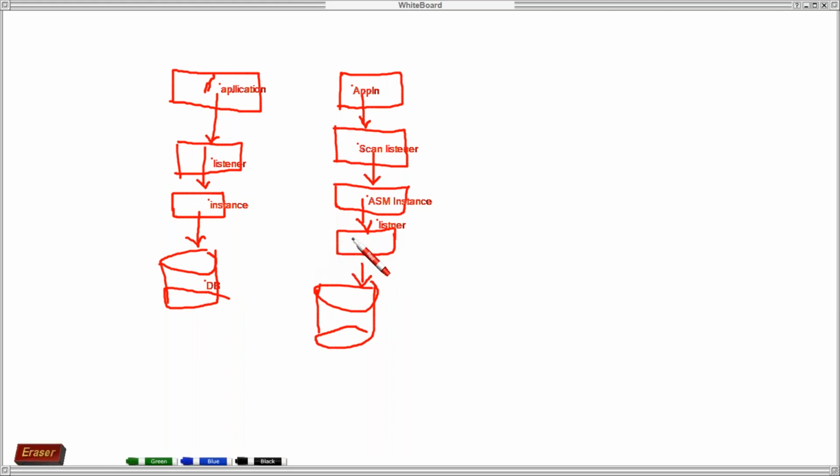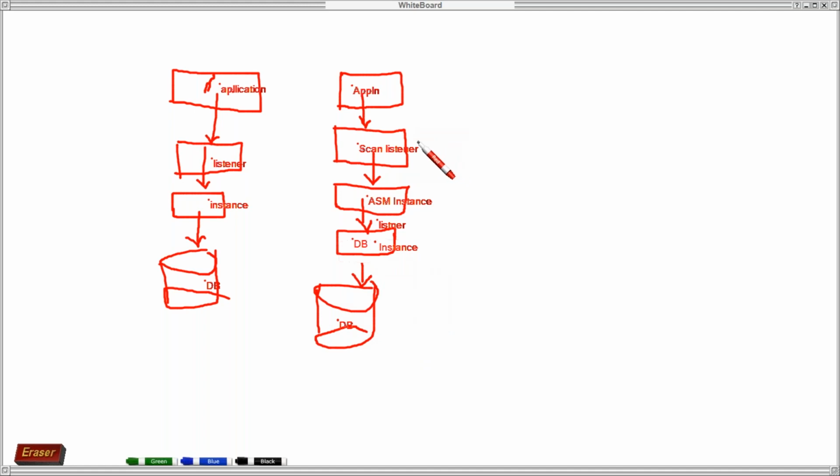This is your database. So the application, through the ASM instance only, gets connected with the DB instance, and from the DB instance you connect to the database. Can you follow? Yeah, ma'am.